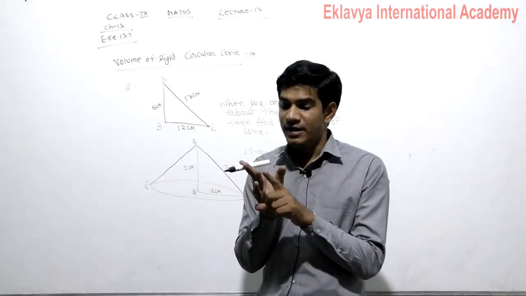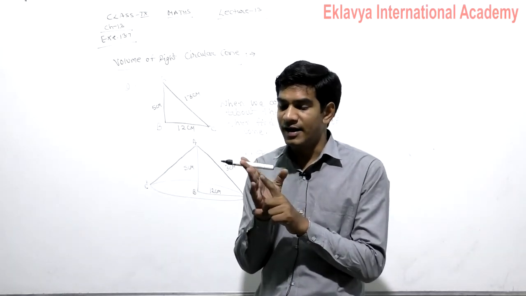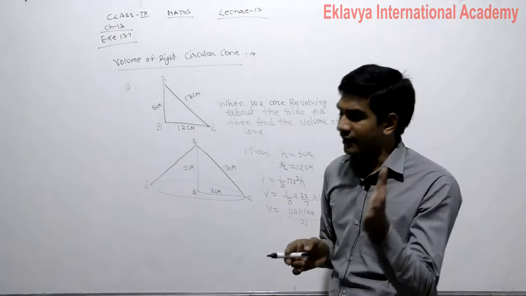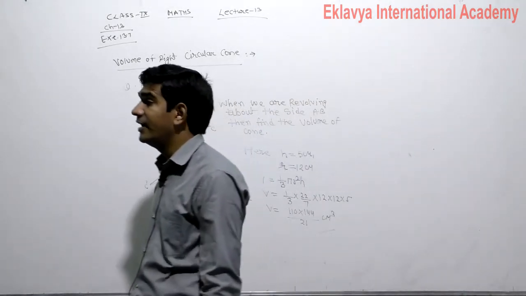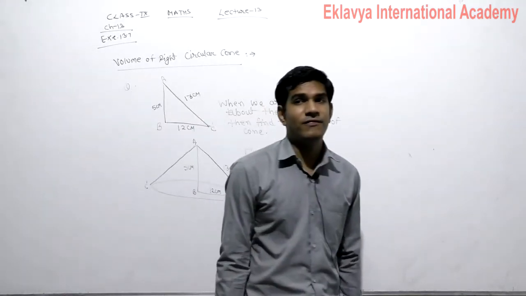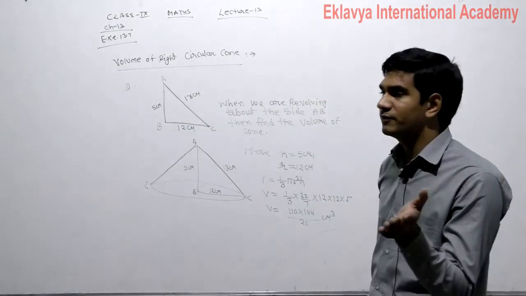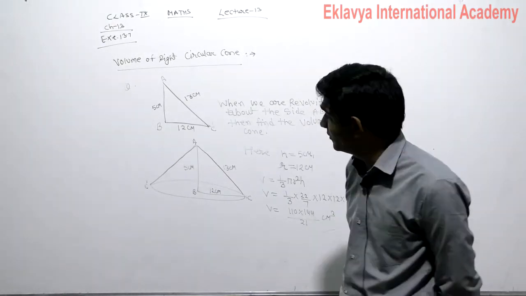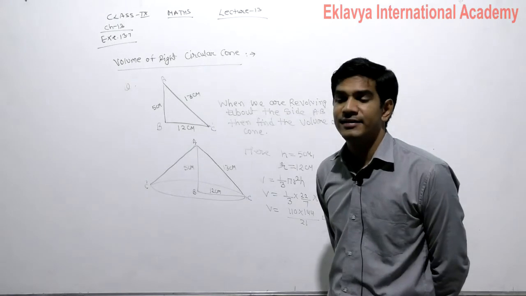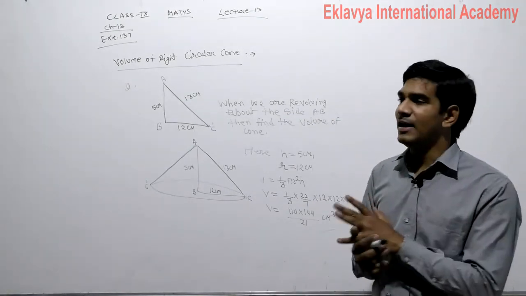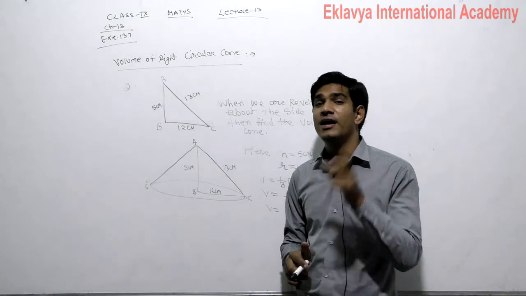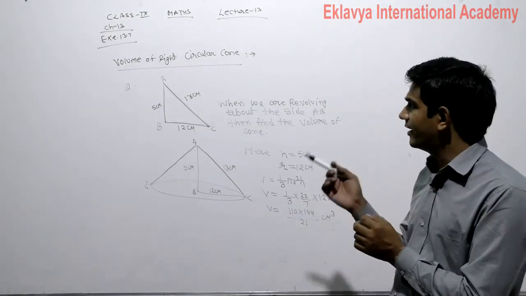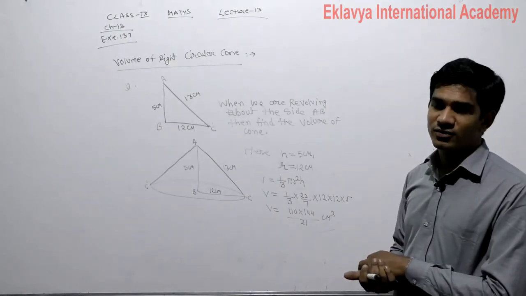Second type, if the base area is given and the height is given, then find the volume of the cone. Third type question, radius is given, slant height of the cone is given, then how we will find out the volume? Using formula L square is equal to R square plus H square. Firstly we will find out the height. Slant height given है, with the help of slant height we can find out the height of the right circular cone. Then after using the formula we can easily find out the volume of the right circular cone.